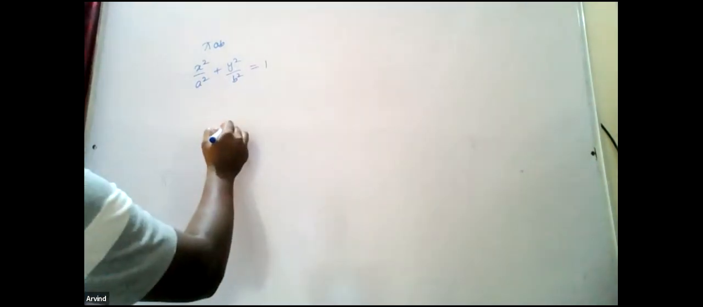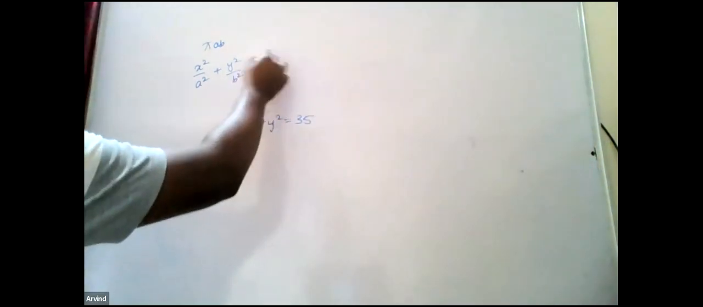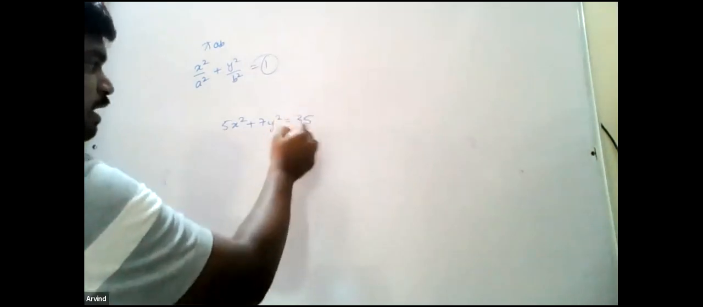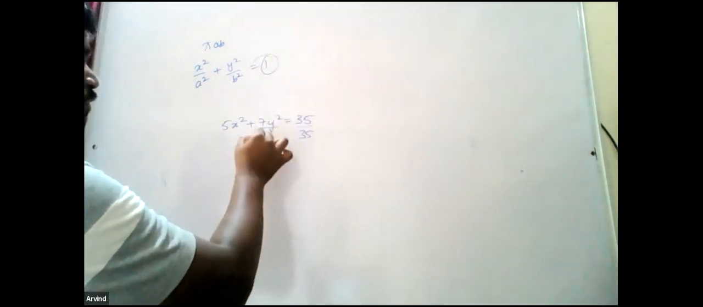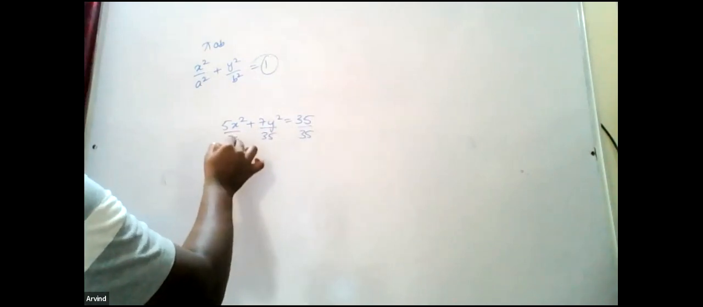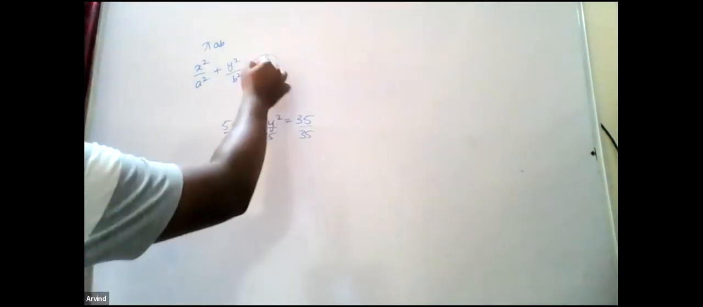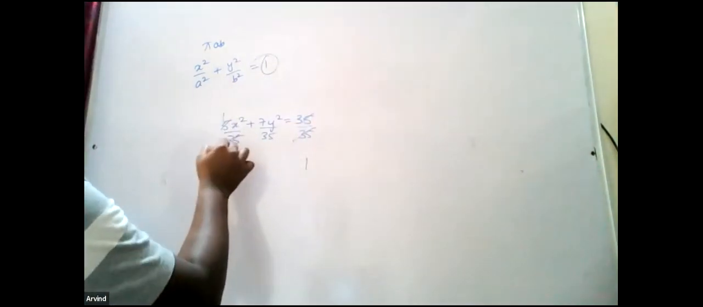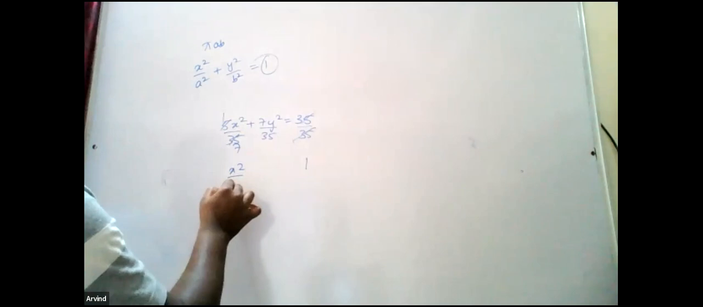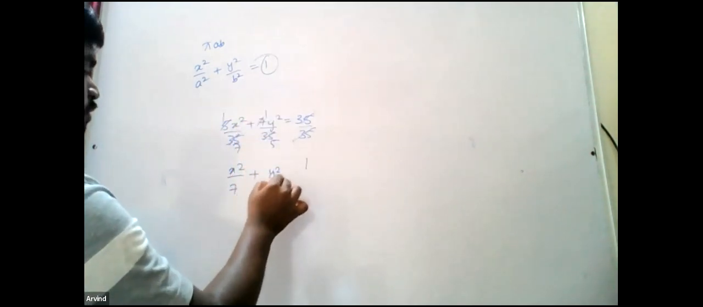But the ellipse that they have given us is 5x square plus 7y square is equal to 35. So observe, the right-hand side should be 1. I have 35, so for it to become 1, I have to divide by 35. So for everything I have to divide by 35. That is the first step. Remember the right-hand side should be 1. So 35 gets cancelled: x square by 7 plus y square by 5 equal to